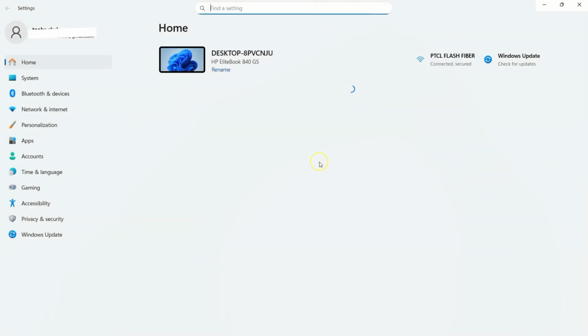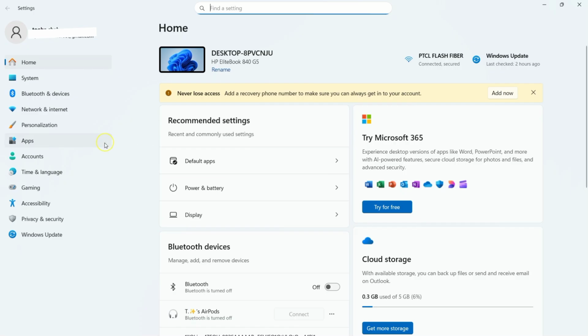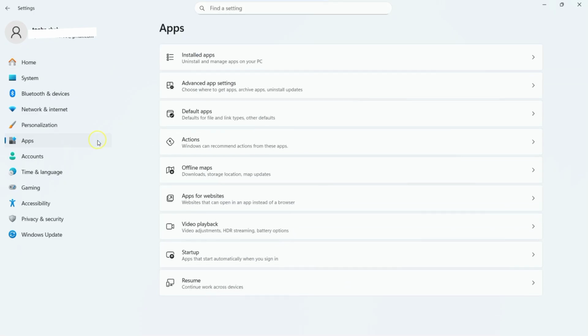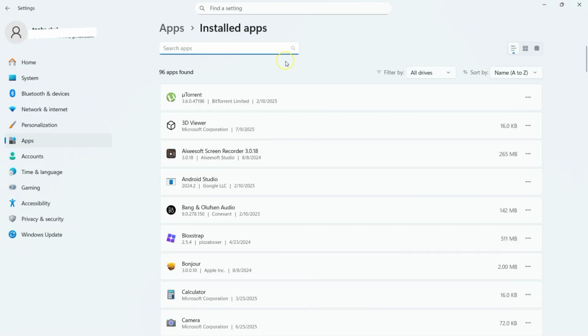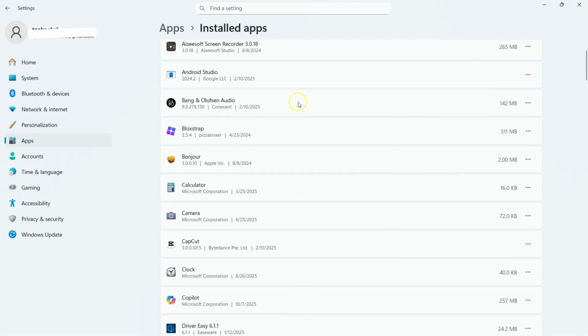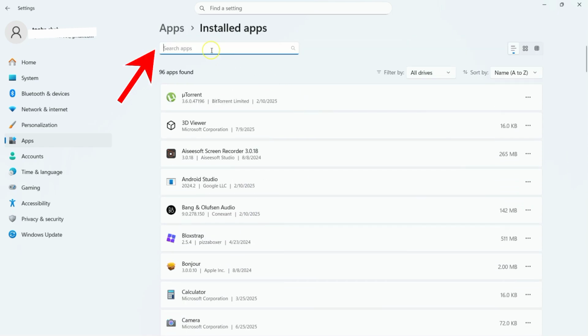Once your settings window is open, head over to the left side panel and click on Apps. In the Apps section, click on Installed Apps at the top. It will take a moment to load all of your installed apps on your computer. Now you can find the app you want to uninstall. You can either scroll through the list, use the search bar, or even apply filters and categories to find it